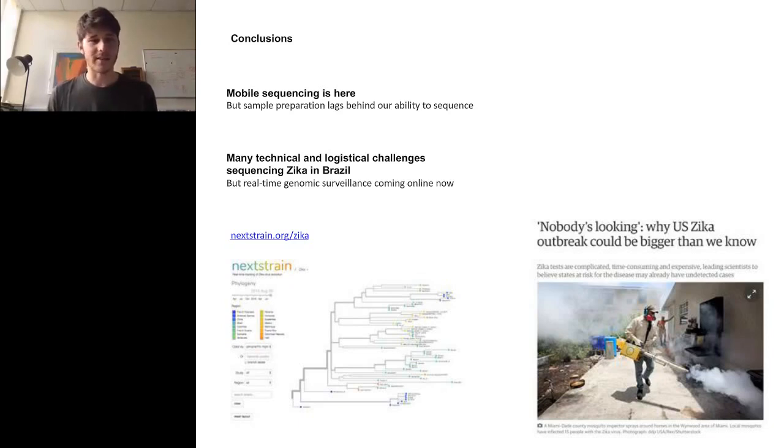And we think we can get this down to the sort of hour. At the moment, it definitely takes a whole day. We're hoping that we can get this down to sort of 1 or 2 hours for sample to answer. So certainly the speed is one thing, and I think the cost. The more samples that you can run at once, the effective cost goes down per sample, and it's in order to